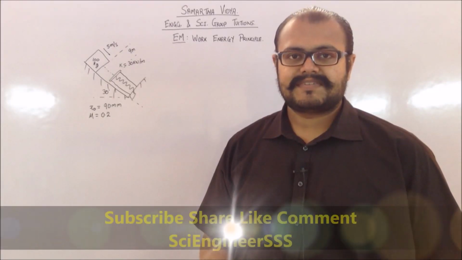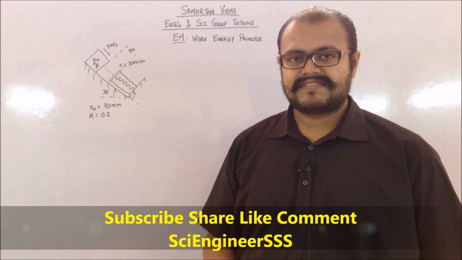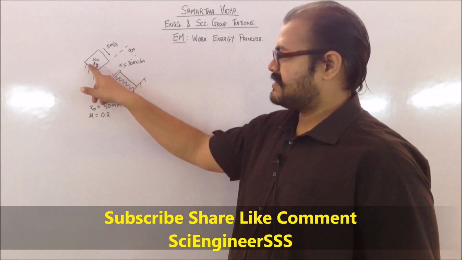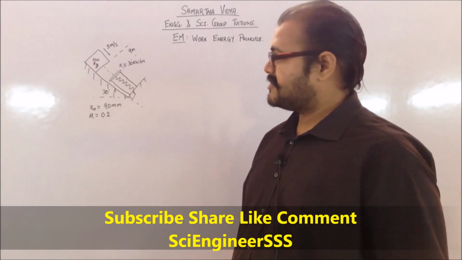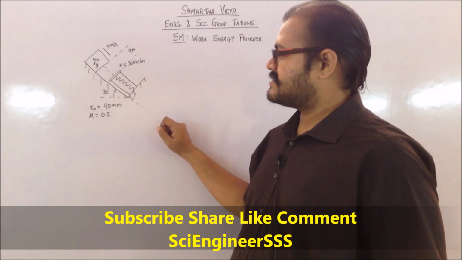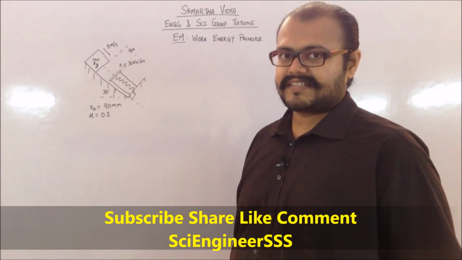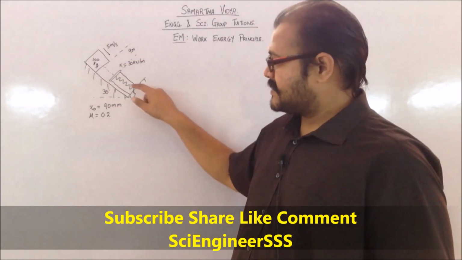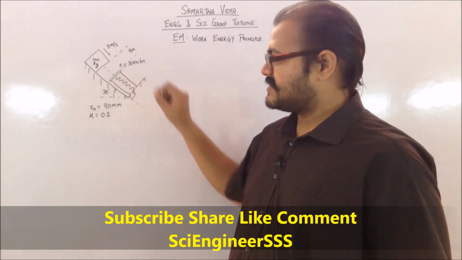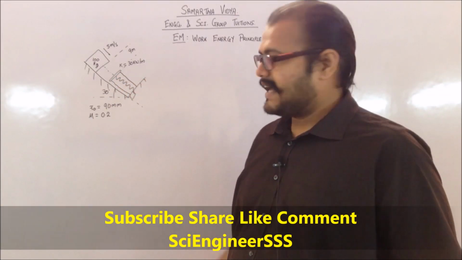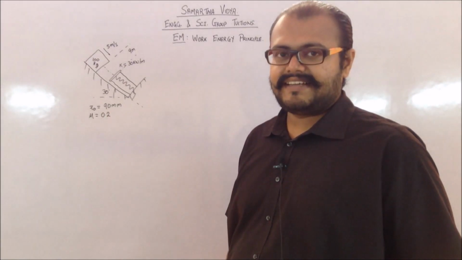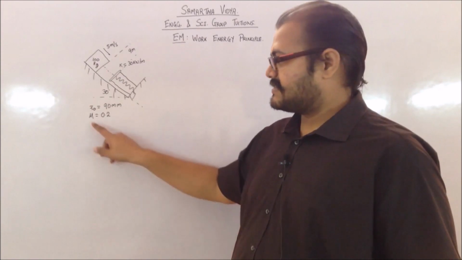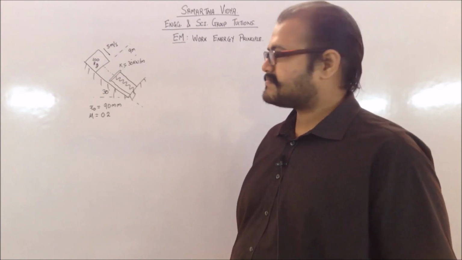So let's have a look at this particular problem and let's see what are the things given and what is the situation this system is in. Now they have given that this particular block, which is of 100 kgs, is going towards this particular spring arrangement with a velocity of 5 meters per second, where it is 9 meters from the spring. And this particular spring is basically attached with the string, so basically it is compressed, and the initial compression is given as 90 mm. There is a friction present between the surfaces, so we have to consider the frictional forces also in this case.